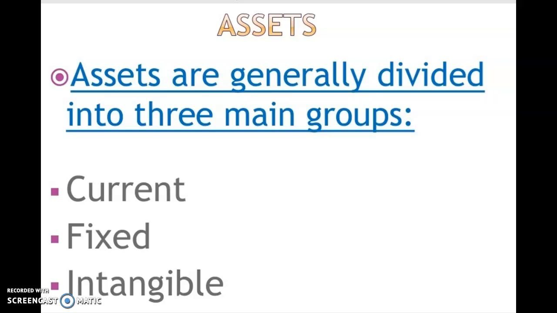First is known as the current assets, second is known as the non-current or fixed assets, and non-current or fixed assets, they are divided into 2 subcategories, tangible and intangible assets. Now I hope you understood the meaning of the assets, all the resources of a business who has the ownership. Now what we mean by the current assets?